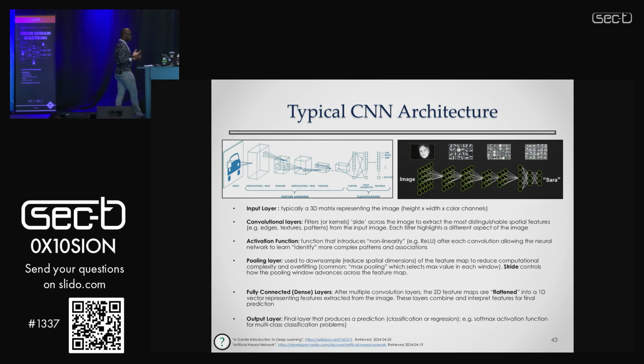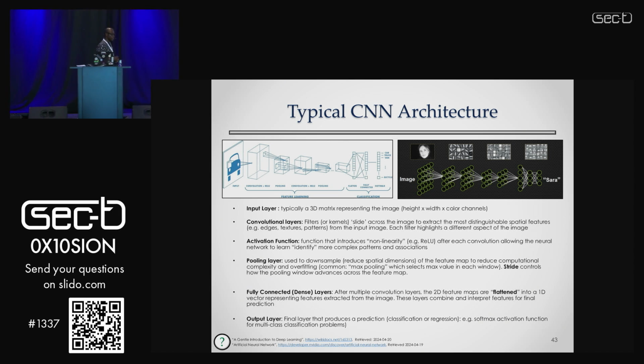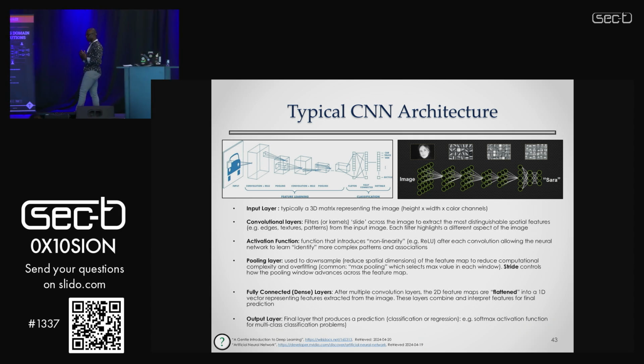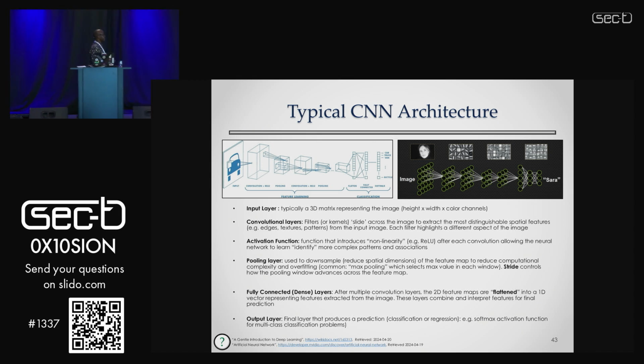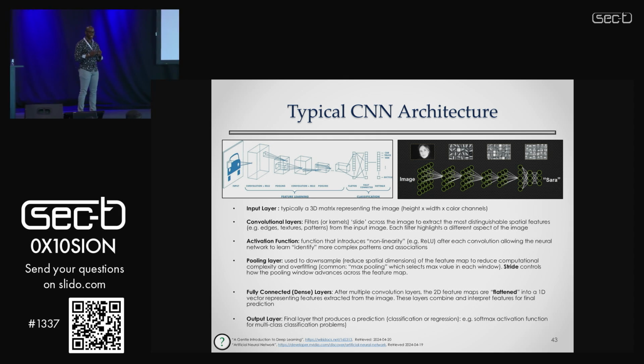If I have a picture that I'm sending into our convolutional neural network, that image is generally multidimensional. The image has a height, a width, and then there could be multiple channels for each color, like your RGB, red, green, blue, the colors that compose the image. We can actually extract those, and each one is a specific dimension. Then we go into our convolutional layers, our hidden layers, in which we convolve the image.